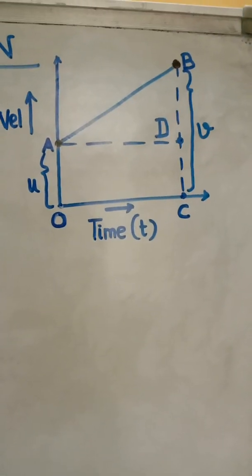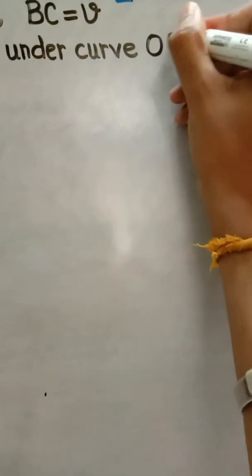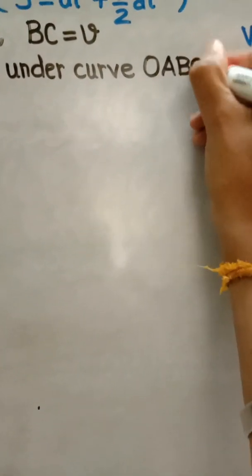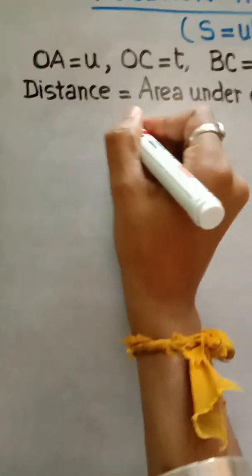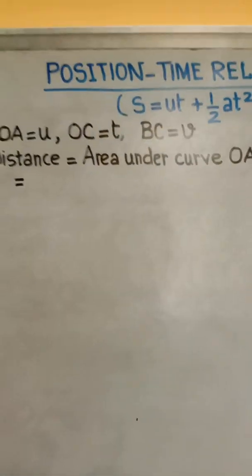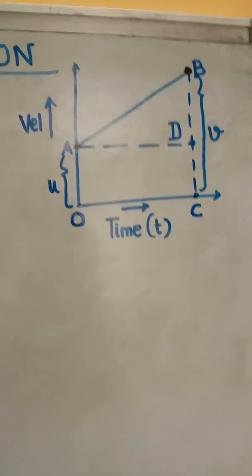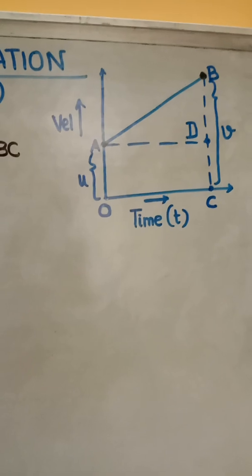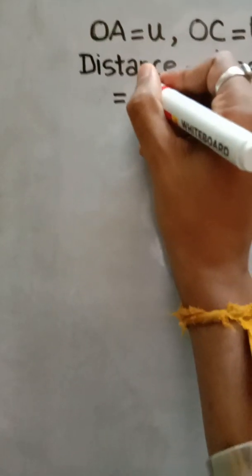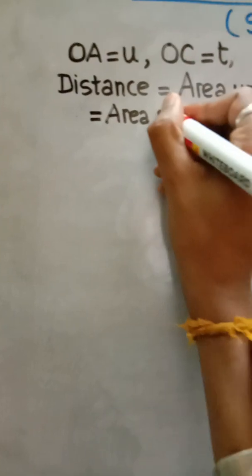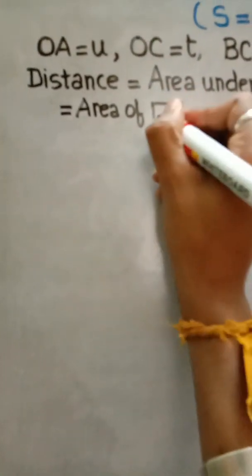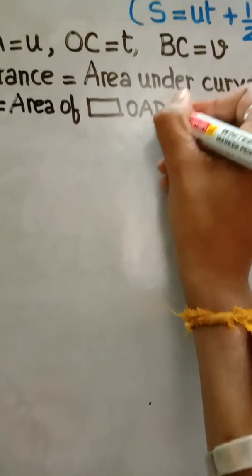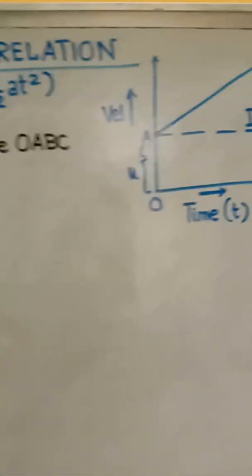Now which curve are we talking about? OABC. Okay, this is the curve. So now the figure is basically a trapezium, but we won't take the trapezium directly. We will break it down into a rectangle and a triangle. So this will be area of rectangle OADC. You can match it with the figure once. OADC